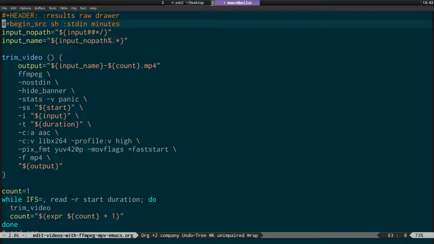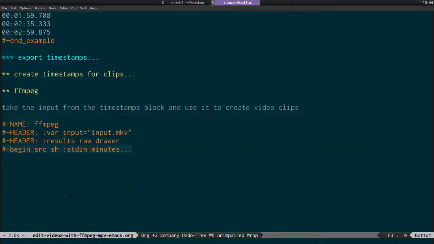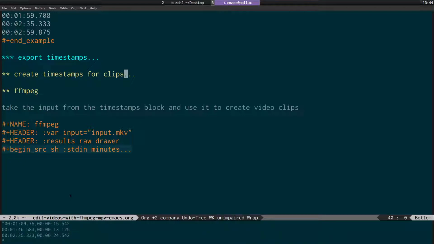Now there is a package called ob-async, and you can add an option down here like :async, and what that does is it executes the command in the background. But what I found is sometimes it works, sometimes it doesn't, and it can be a bit finicky. So what I'm just going to do here is run Control-C, Control-C, and what you see